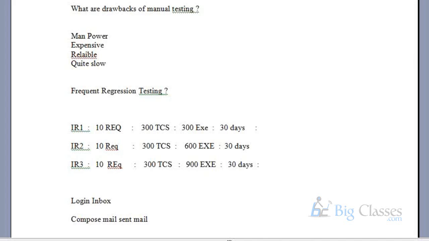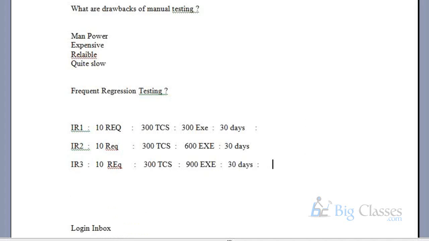What we think is, I already tested this functionality, it may be working fine. We may think that it might be working fine. But because of this code change, it's going to impact even the rest of the previous functionality also. That's something we might be overlooking. Because of that reason, this regression testing is not possible manually. To overcome this, we take the help of automation testing.